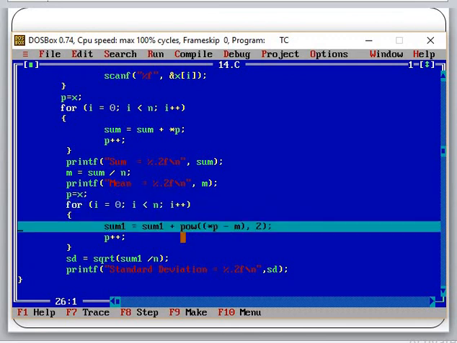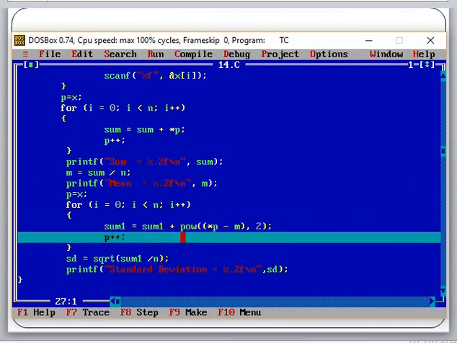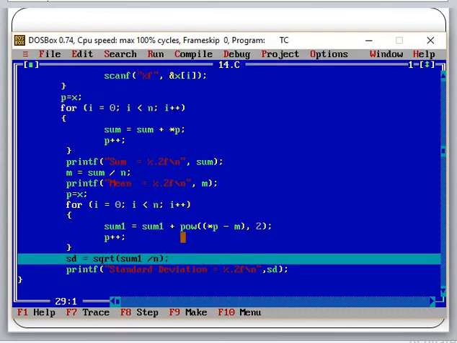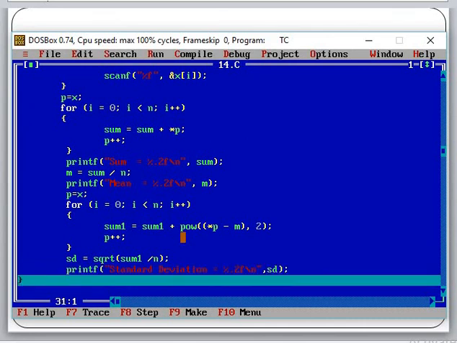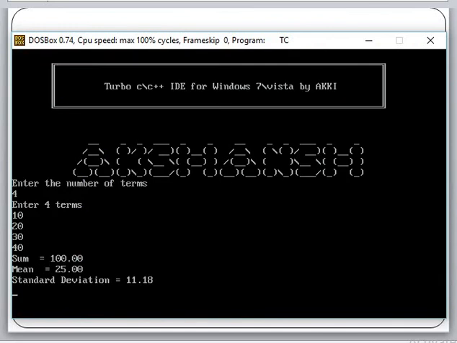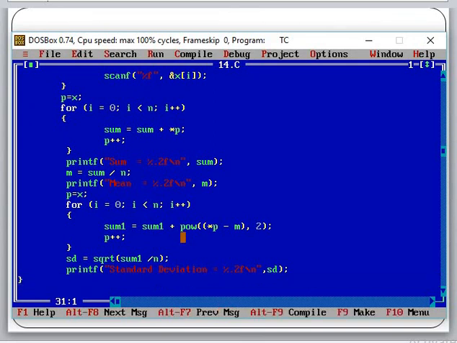It computes first value summation, then increments the pointer, second value summation, increment, third value summation, increment, fourth value summation, and comes outside. In all these cases I pressed F7. Now it is computing the standard deviation, that is the square root of sum1 divided by n. After pressing F7 you can see that it is printing the result and going outside. At this stage, if you press Alt F5, you can see the result 11.18 shown on the screen. Just by pressing F7 again, it will finish the computation.